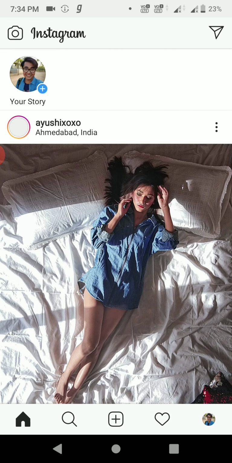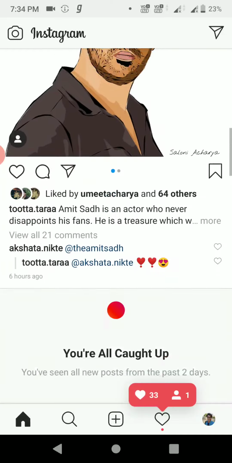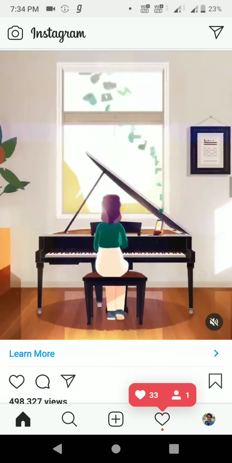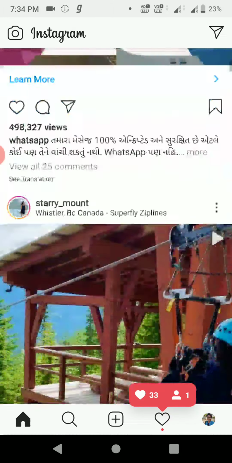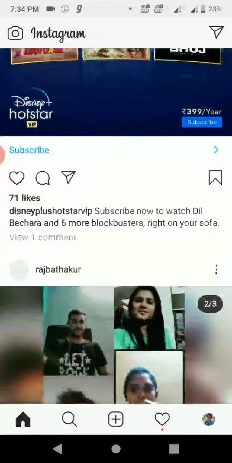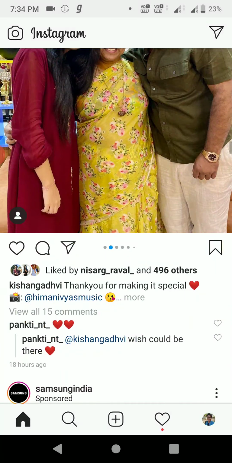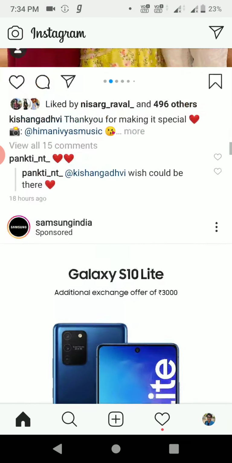Now we will see whether the suggested post comes or not. We will scroll down. From here you are all caught up. Then one sponsored ad, which is very regular, and voila, you can already see your old posts without any interruption or without seeing the suggested post or searching for how to remove this.